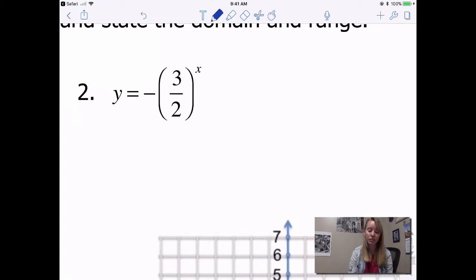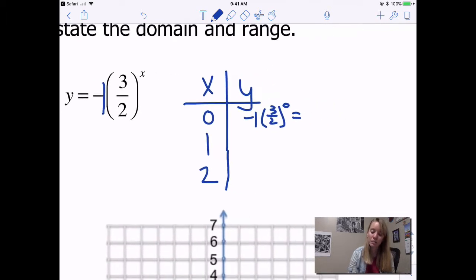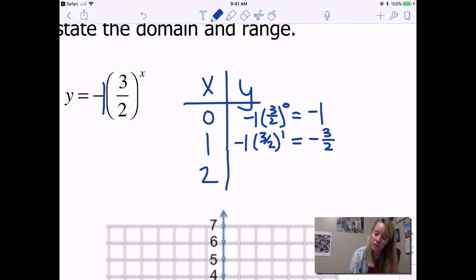Number 2 is y equals negative 3/2 to the x. If it helps you, you can put a -1 out front. So I can have my chart x and y, and I'm going to plug in 0, 1, and 2. When I plug in 0, I get -1 times 3/2 to the 0. Remember that anything to the 0 power is 1, so I get -1 times 1, or -1. Then -1 times 3/2 to the 1 is -3/2, or -1.5. And then the last one, when I plug in 2, I get -1 times 3/2 to the 2, which is